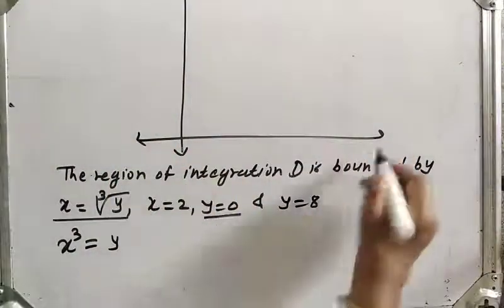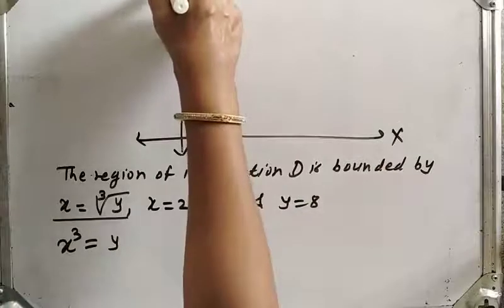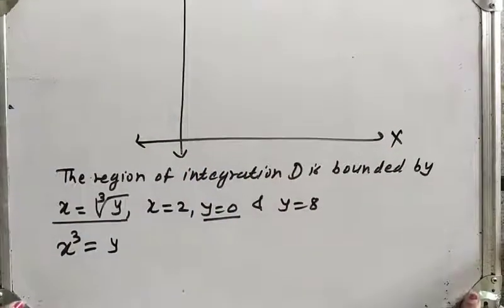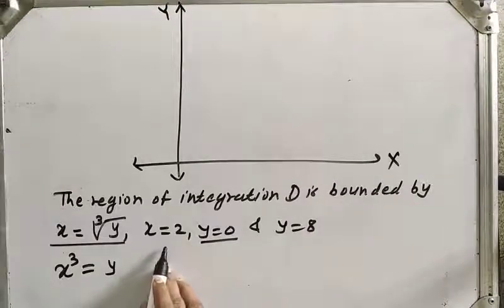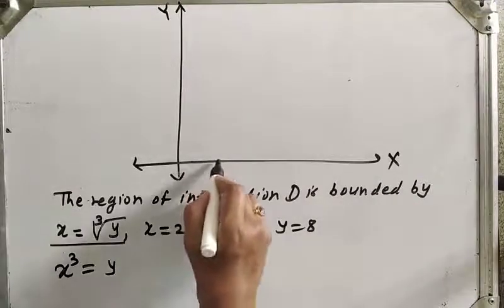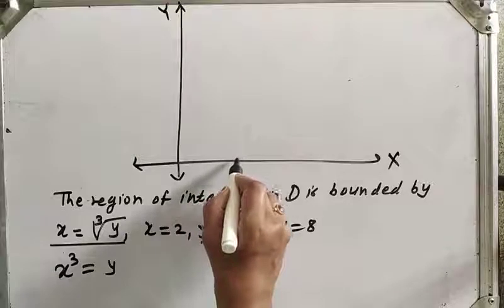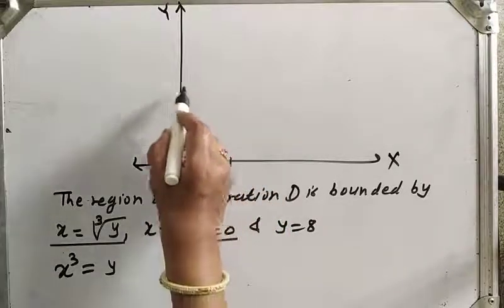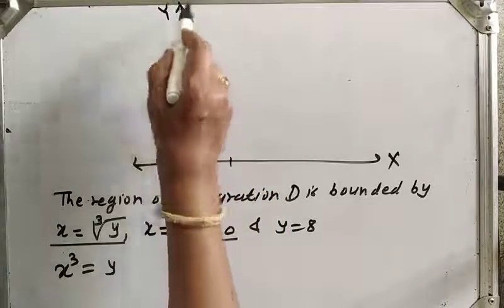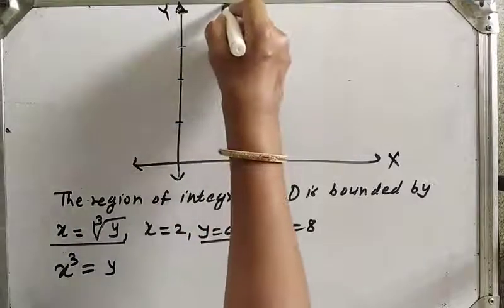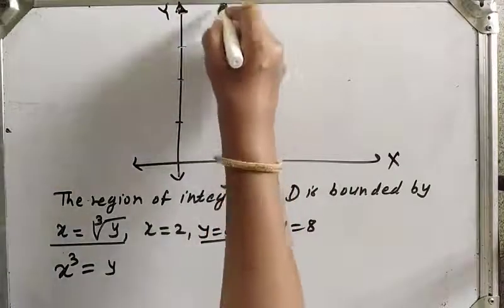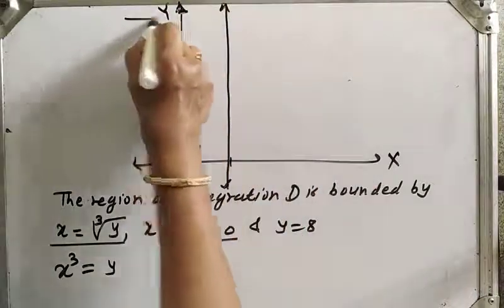y is equal to 0 means the x-axis. x is equal to 2, let us consider it is 2, so it is 2, 4, 6, 8 somewhere here. Okay, x is equal to 2, y is equal to 8,